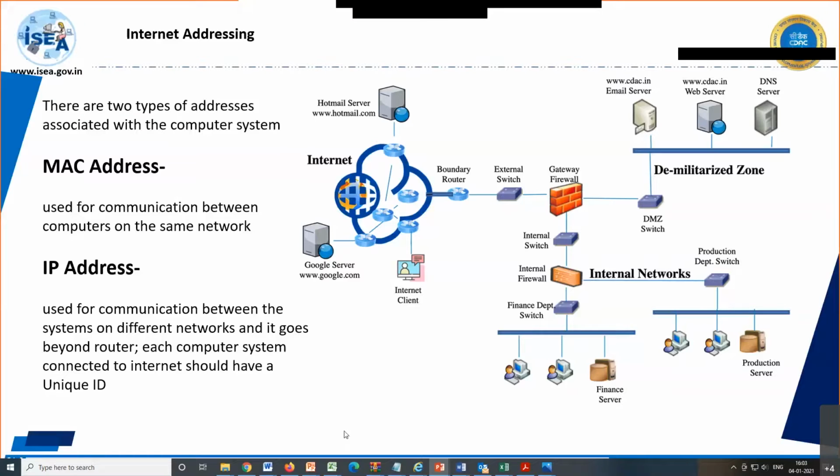IP address only. But if everything is done based on IP address, the communication takes a lot of time. So there is a series of packets, like 1 to 100 packets, traveling between two devices, where a router is in between. Two routers are in between the two systems. The first packet only, they will see the IP address.